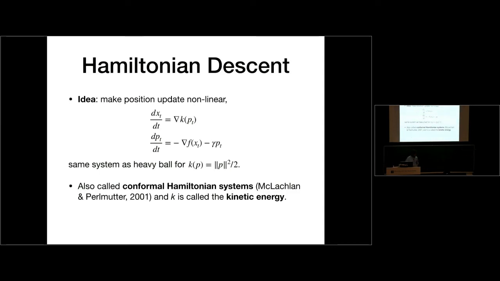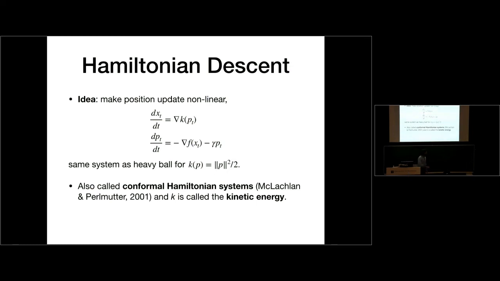Okay. So this is going to look like I'm just pulling it out of thin air because I didn't want to go into too many details here. But the idea is that instead of a linear update to your position, we're going to see if we can use the gradient of our function k in order to make a nonlinear update. And we're going to study how we can condition k so that this whole system converges exponentially fast. And notice that this is the same system as the heavy ball if we had happened to choose a quadratic for k. And if you're noticing a lot of 2's, that's not an accident either. Okay.